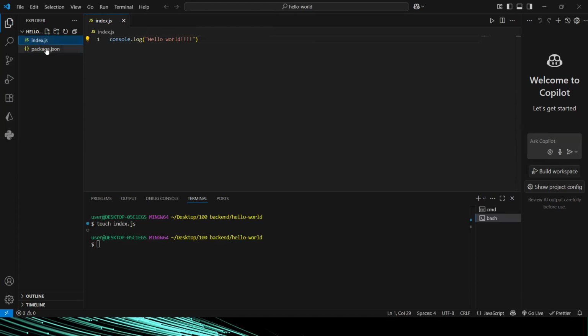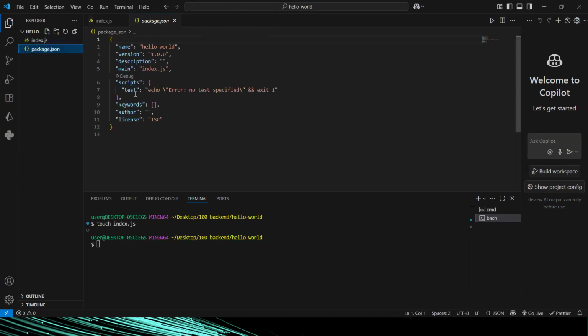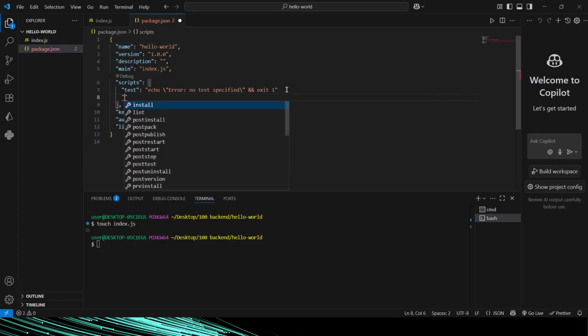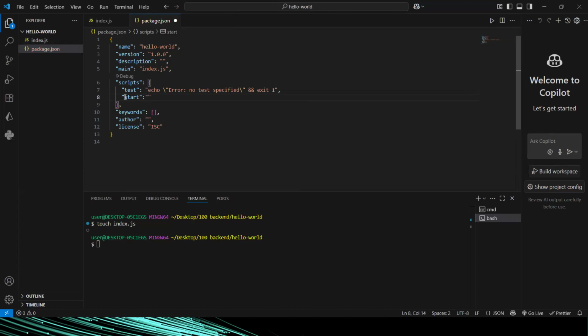So I can go back to the package.json, and inside of this script, I can write another script here. I have to put a comma there. So I'll say this script is start. All right. And what would be the command? The command would be,